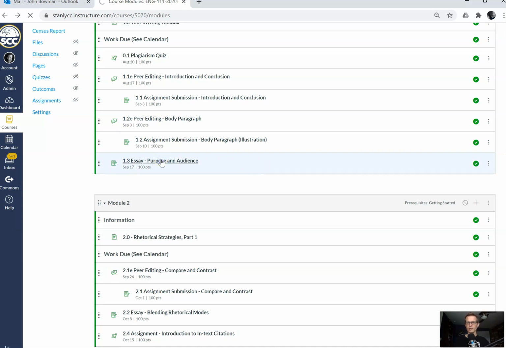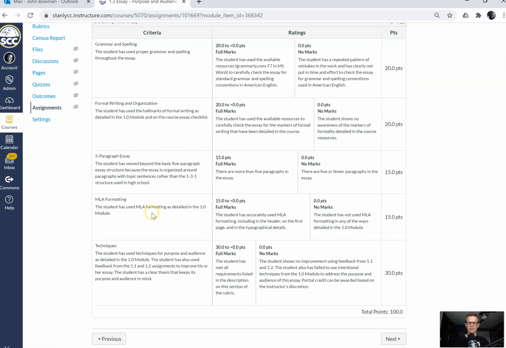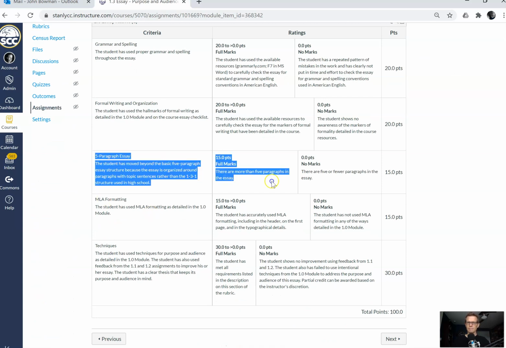One other thing about 1.3, I just want you to be aware of this and be thinking about this. I've said it before, but I'm going to say it again. You cannot have just 5 paragraphs for this essay. You need to make sure you have at least 6 paragraphs. That's because we want you to move beyond the 5-paragraph essay structure. If you're going to write a 10-page paper, you can't possibly do it in 5 paragraphs. You need to do it in 6 paragraphs, 7, 8 paragraphs, whatever you need. And if you're not practicing that right now with the very first paper, and we require this for every other paper in the class as well, then we're not really doing you the service that you need as concerns this class.